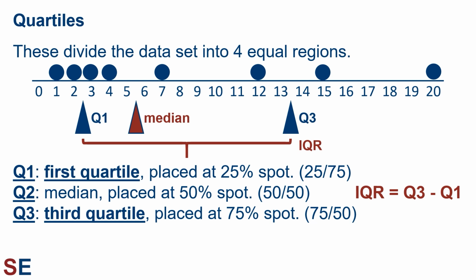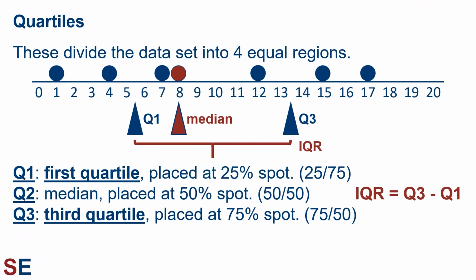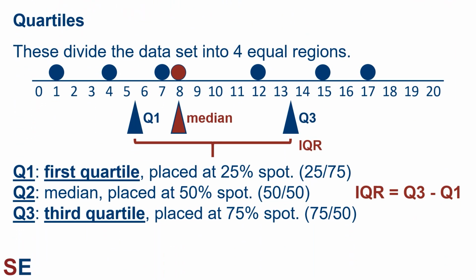In this example, with 8 data values, you can see the median is in between the 4th and 5th value, and then in the bottom 4 values, Q1 is in between the 2nd and 3rd, and in the top half, the Q3 is in between the 2nd and 3rd out of those 4 values. The quartiles are fairly straightforward to figure out if you have an even number of values like this. If the dataset has an odd number of values, it's a little bit more complicated.